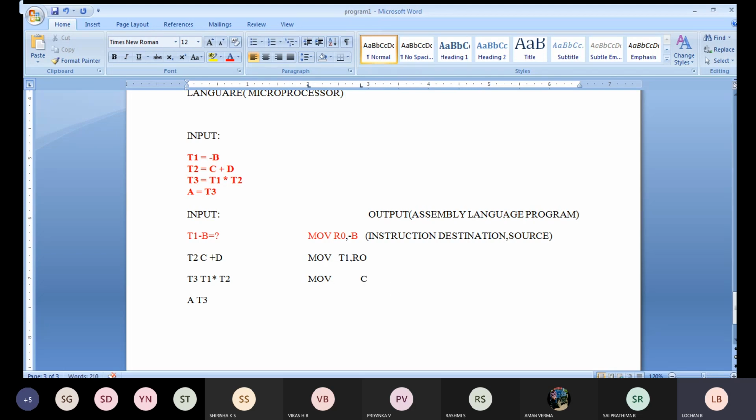C you got. That I am going to move to where? To register R0. You can take one per register, it's sufficient. I will be moving once again that particular register to your R0. One particular empty register I'll take. R0 is nothing but one empty register I am going to take. So C part we have completed.